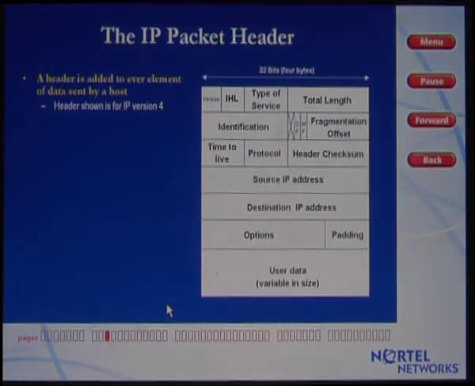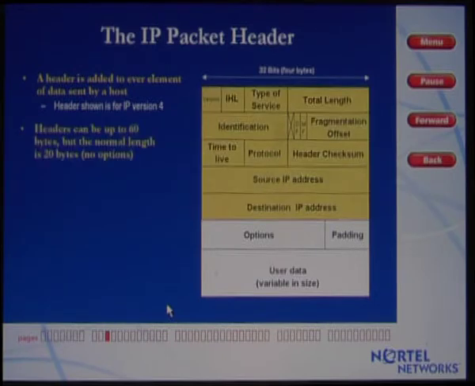Every element of data sent by one host to another host contains an IP header. The current version of IP used in networks today is version 4. The next version of IP will be version 6. The new version of IP will provide a number of new features, not least the support for 16-byte addressing rather than the current 4-byte. The version of IP used by the host is included in the header in the version